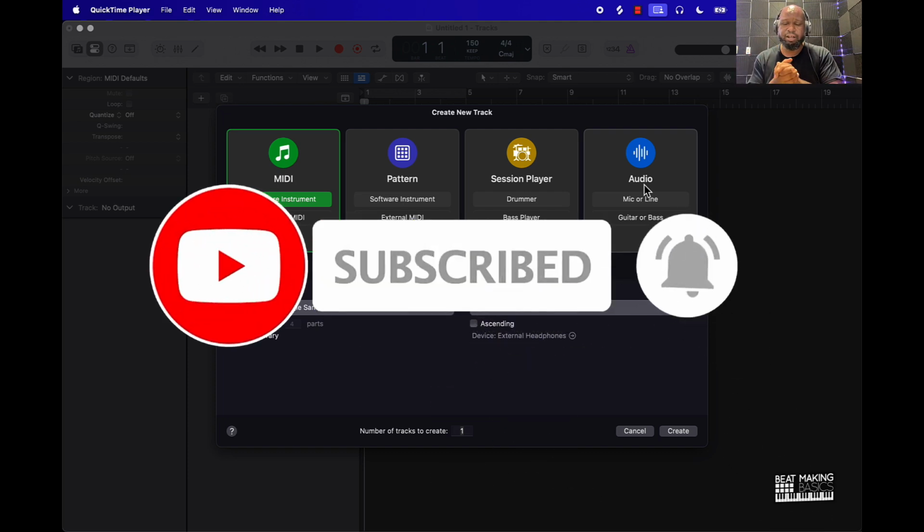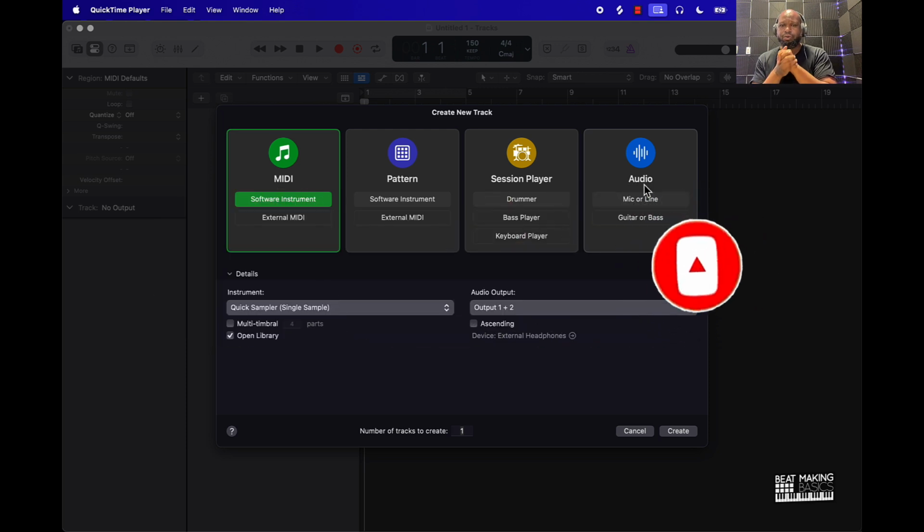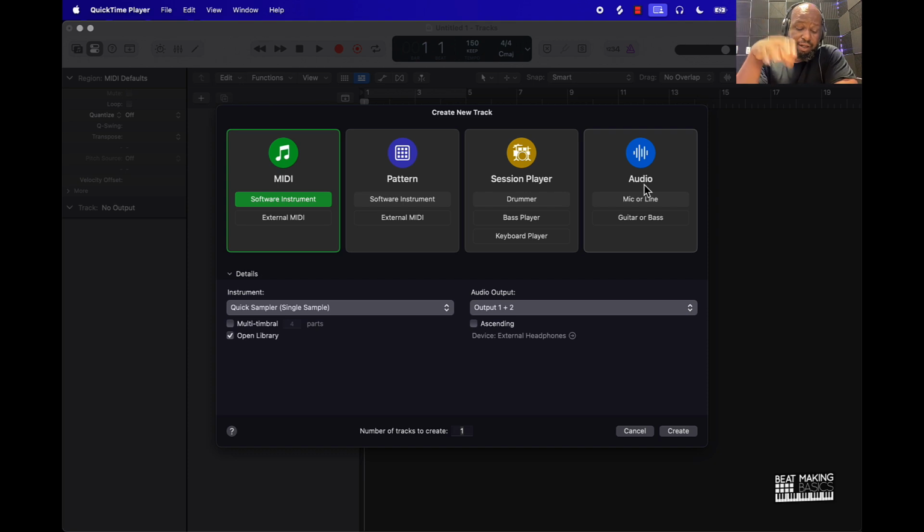So if you're brand new to Logic Pro 11, I'm going to be showing you how to make beats in Logic Pro 11. So pretty much what I'm going to be doing in this video is making a beat from start to finish. So when you first open up Logic, you're going to see these different options to create different